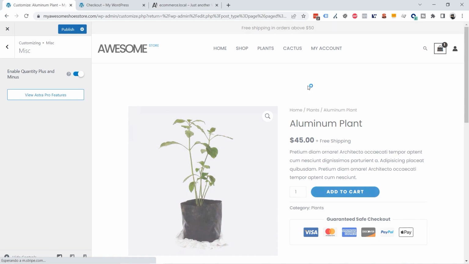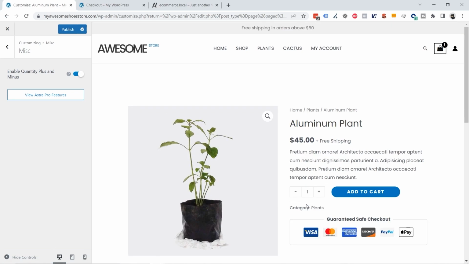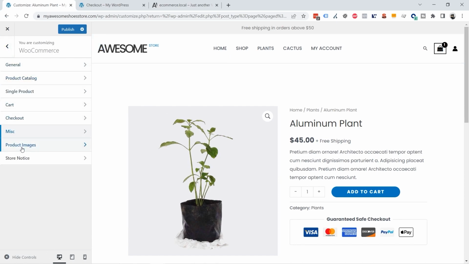If you enable this, a minus and a plus button are going to be added here on the quantity. I think that's good, so I'm going to leave it. I'm going to go back here and let's see the product